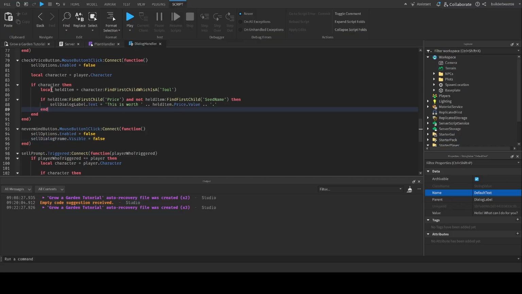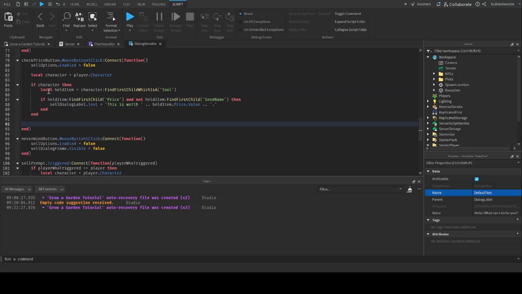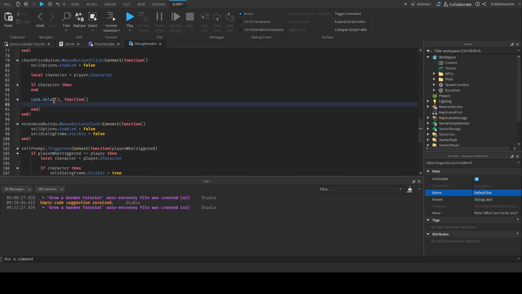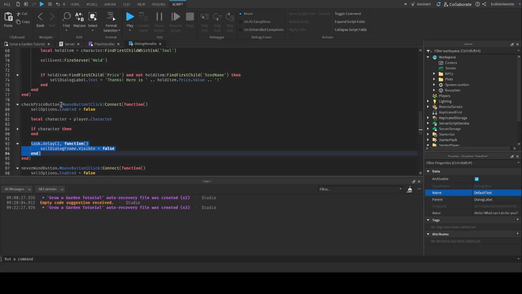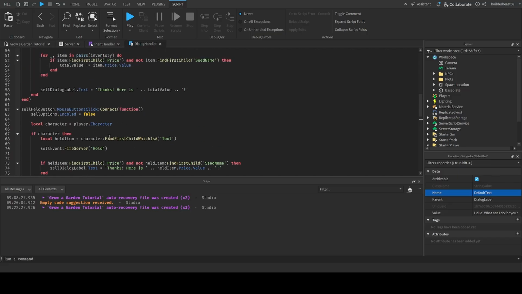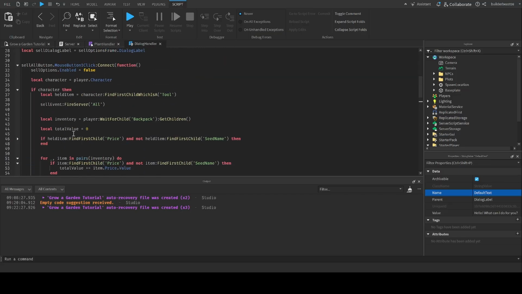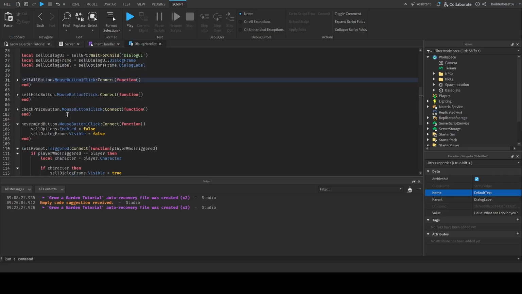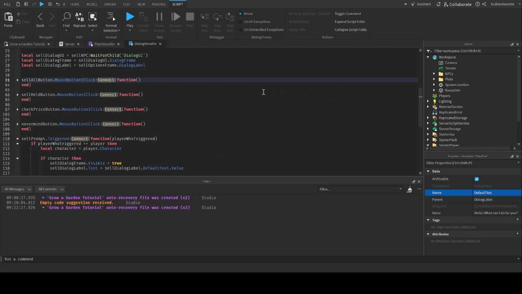Oh, now one other thing actually that we should do is, after this, I'm going to do a task.delay. I'm going to delay it by 2 seconds. Then I'm just going to make the sell dialog frame dot visible equals false. And I'm just going to copy paste this at the end of the check price, the sell held item, and the sell all items. Now, that should all be working. All we need to do now is change up the